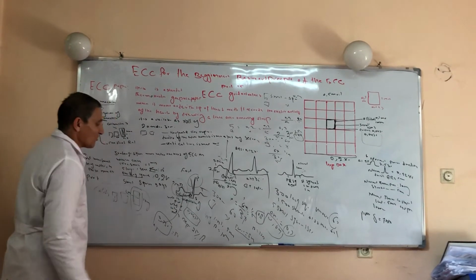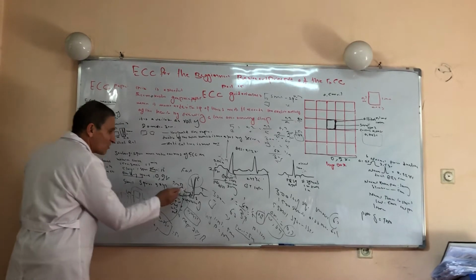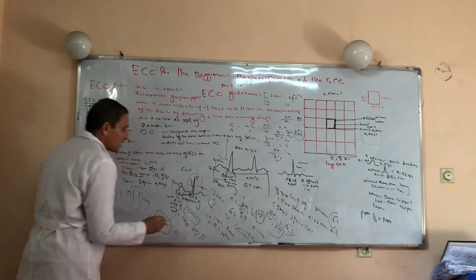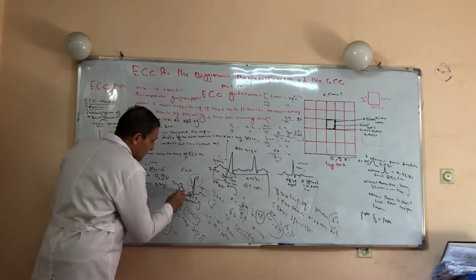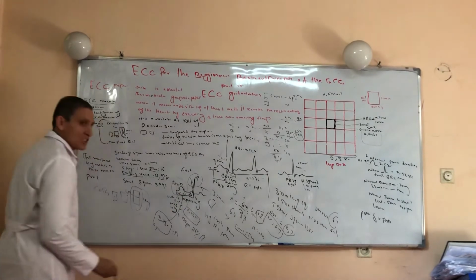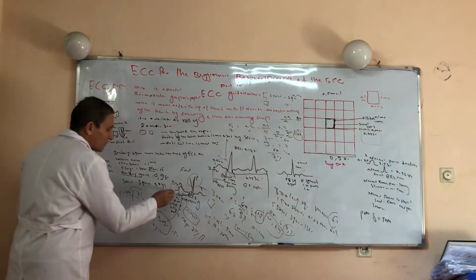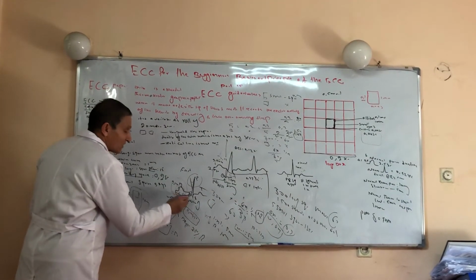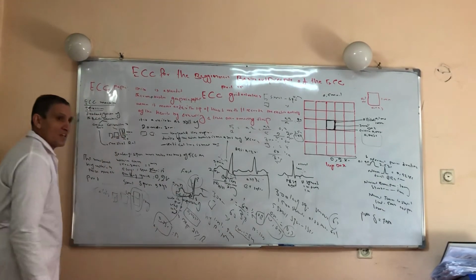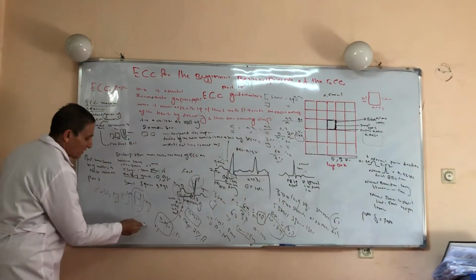The PR interval is the interval which starts from the beginning of the P wave to the onset of the R wave. It represents two electrical events: one is atrial depolarization, the second is AV nodal depolarization. The duration of the P wave over the ECG paper is 2.5, and the formation of the PR segment also takes 2.5. The total duration of the PR interval is one large square, which represents 0.2 seconds.